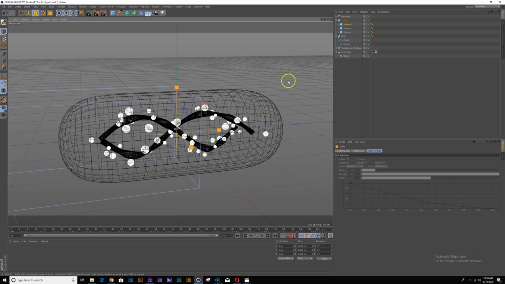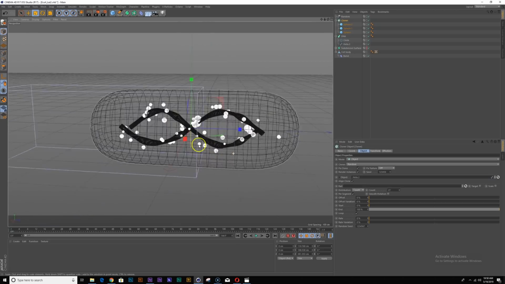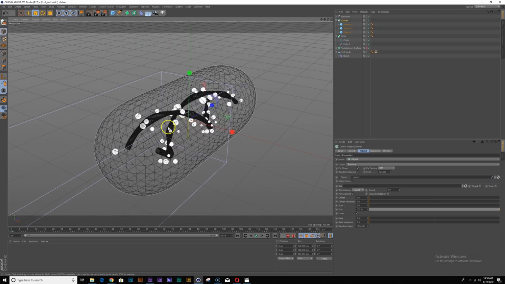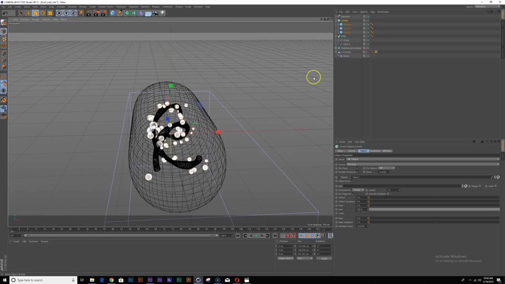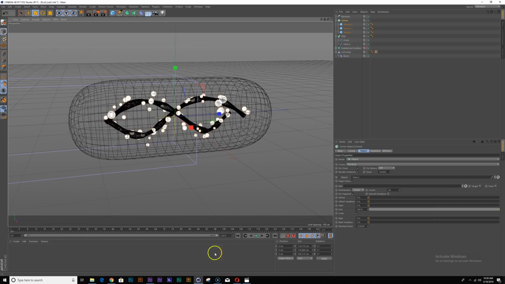So duplicate that again, scale that down. So just create some more variations within the cloner, and even in here under clones, we can change this to random. So pretty much the idea is to create more randomness so that things feel a little more organic, and you can crank up the amount too.